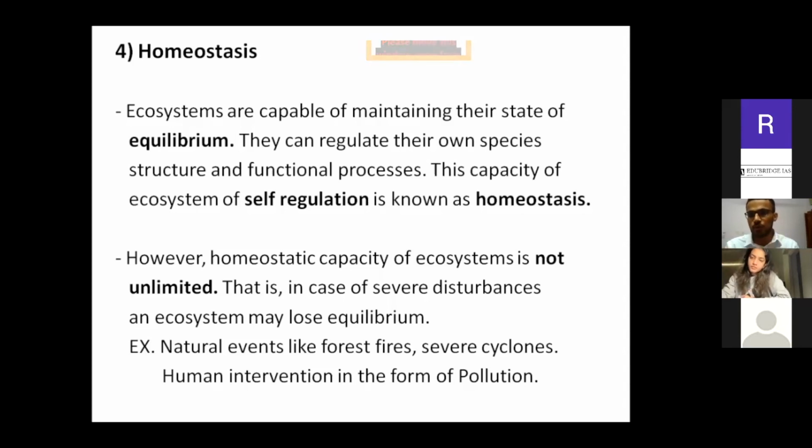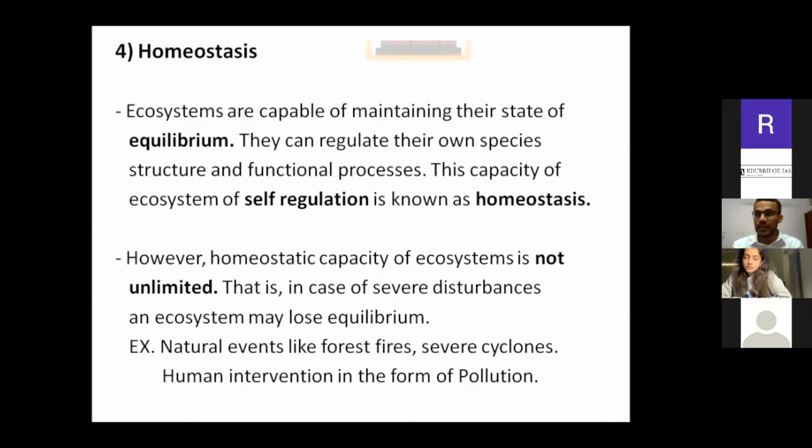Or to be more specific, estuaries. Estuaries are an example of ecotone, right? Because estuaries is the habitat where fresh water is giving way to saline or marine water, right? So the water present in the estuaries is brackish water. It is neither fresh, nor is it saline water. It is brackish water, right?